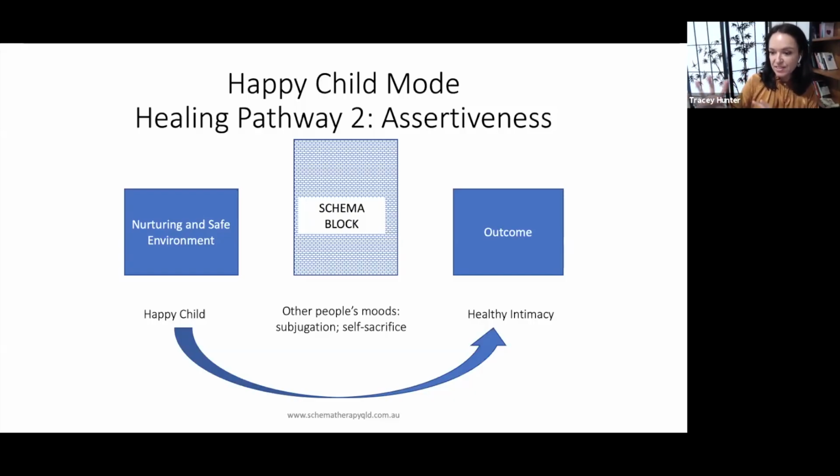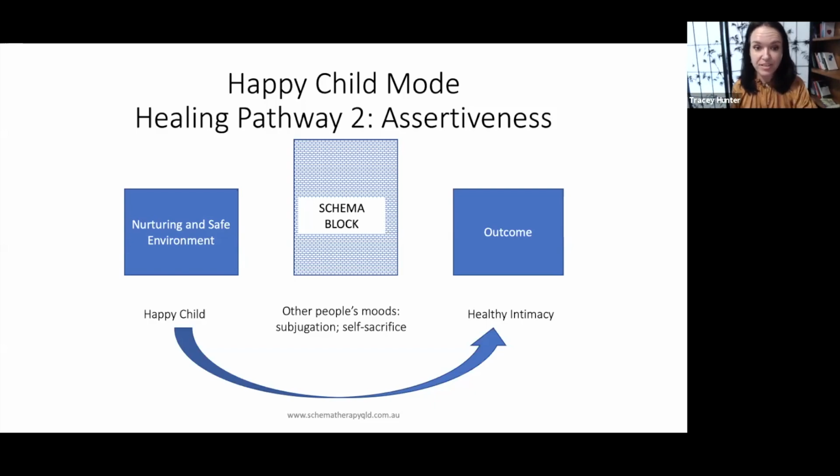And so they're really then starting to try and micromanage the mood of other people, and that comes at a big cost to the happy child mode. Or self-sacrifice. You know, they feel like I can't just be relaxing and playing because mum needs my help or dad needs my help, and if I don't get up and be of service, then I'm going to be directly causing suffering in my parents. So they feel that they have to give up their contentment or their joy because they feel very guilty.